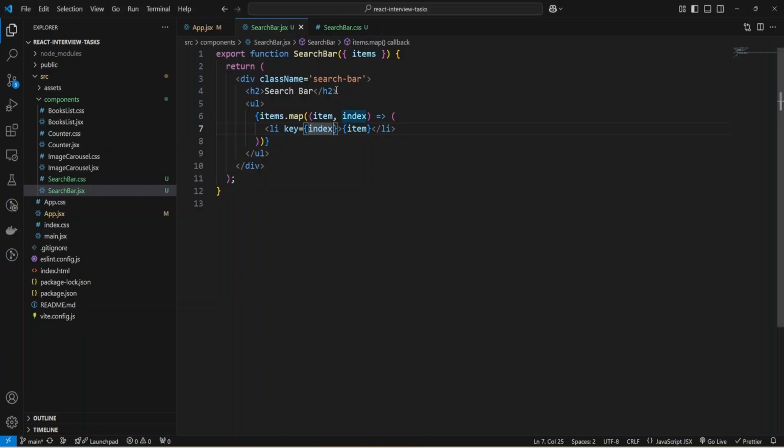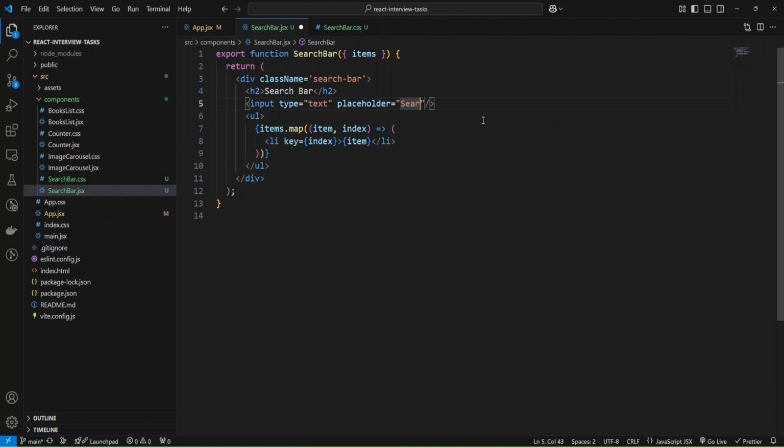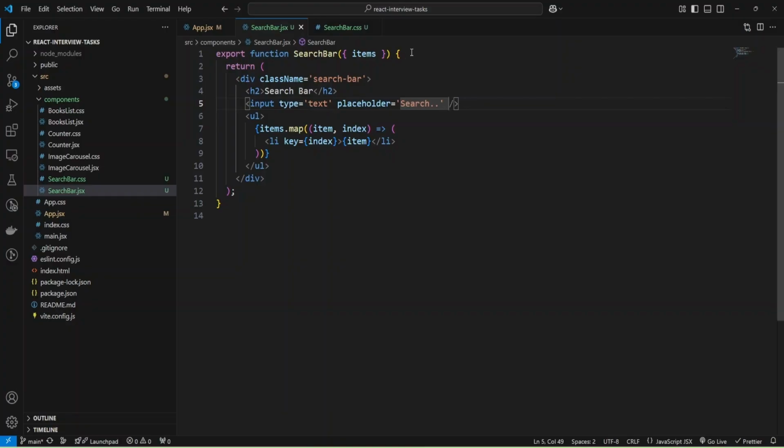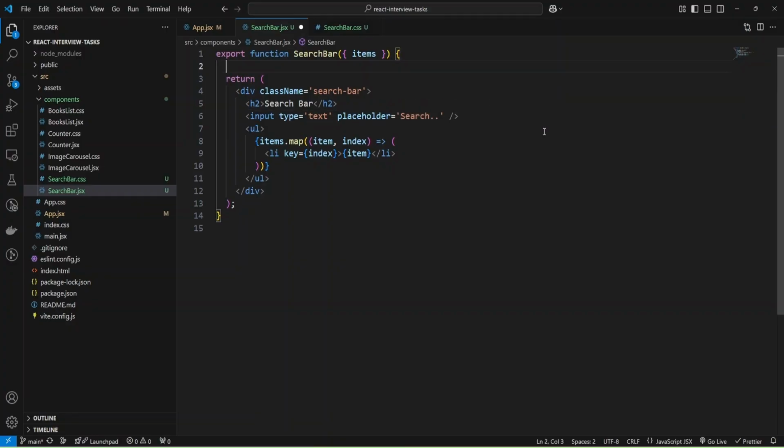And now let me add input, where I can provide my value, and type will be text, and let me add some placeholder like search. Okay, let's check, and we have our input, but now we need to add functionality,